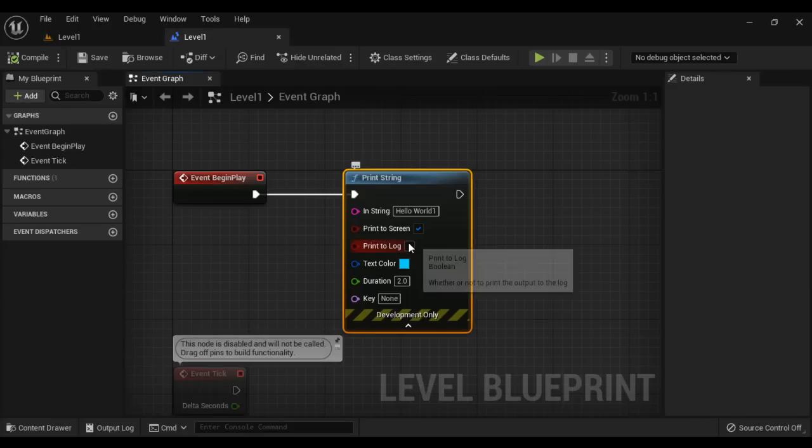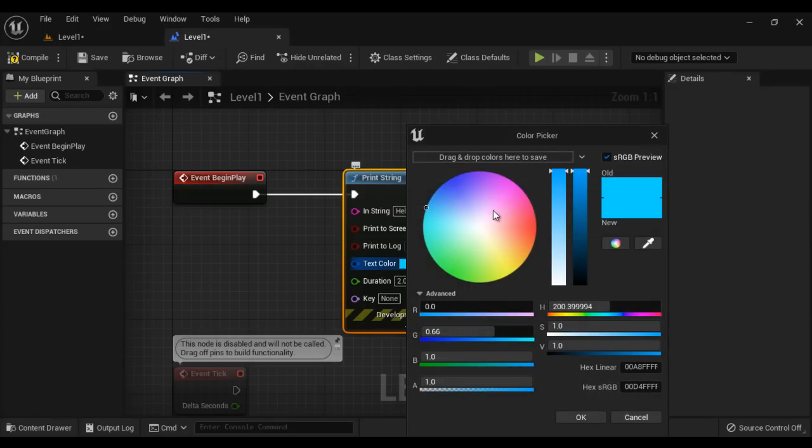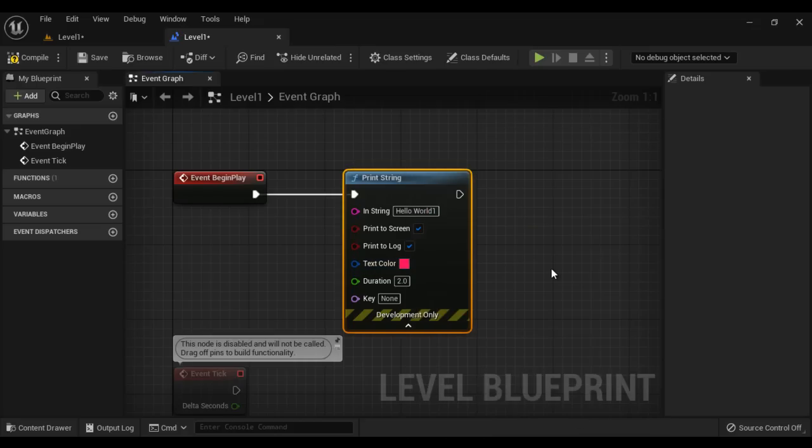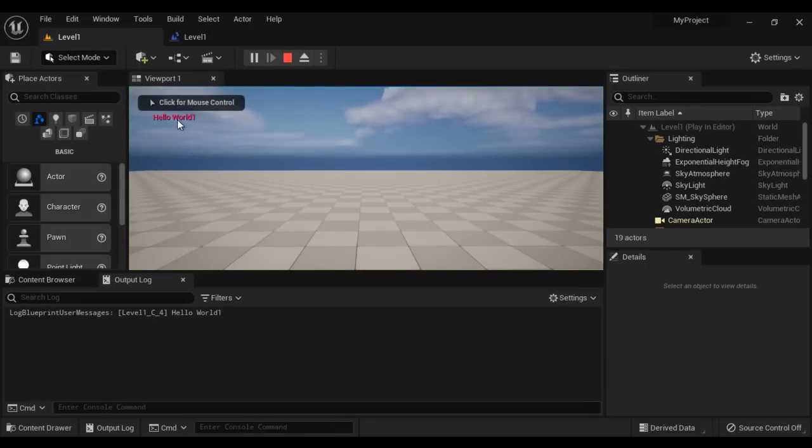You can also decide what should be the color of the string. So it is cyan by default. If I want, I can display it in the red color, right? If I say OK, compile, save, go to level 1 and play, you see it's displayed in the red color,